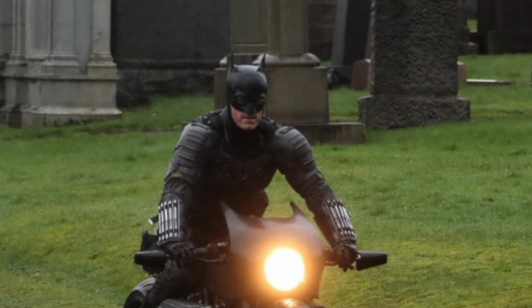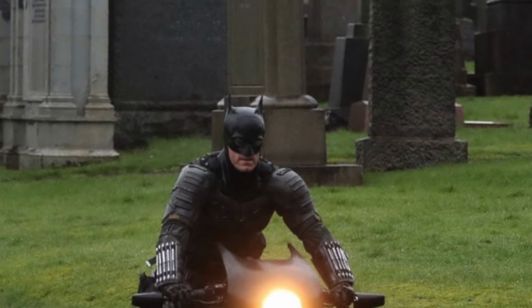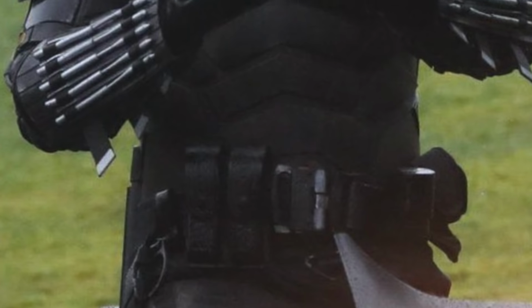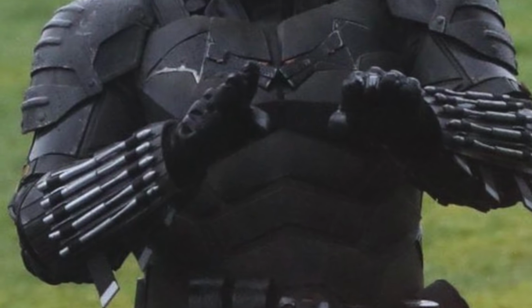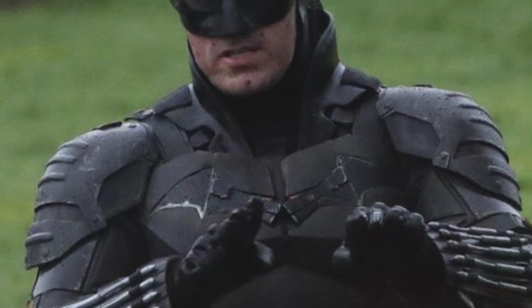Now, do I still believe this is going to be the final version of the suit by the end of the movie? Not necessarily, but I love what we're seeing so far. And some people are wondering, Austin, where is the cape in these leaked images? Of course, most likely the stunt double for Robert Pattinson? I don't necessarily see him in any of these pictures, but if you look at what